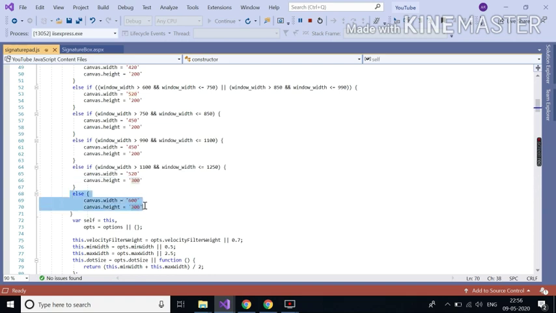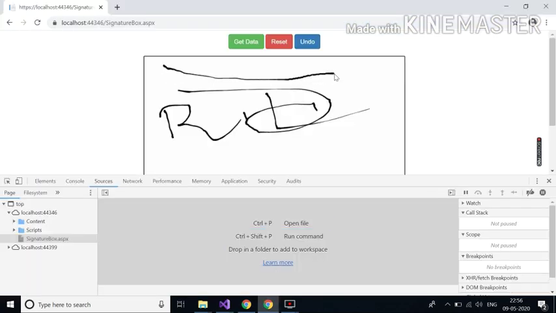Else part: actually my device width is 1263, but all the conditions are less than 1250. Then my canvas width and height reset to 60 by 30.